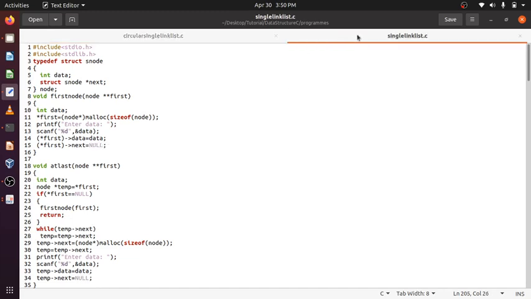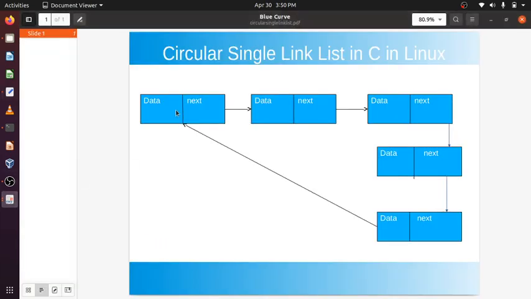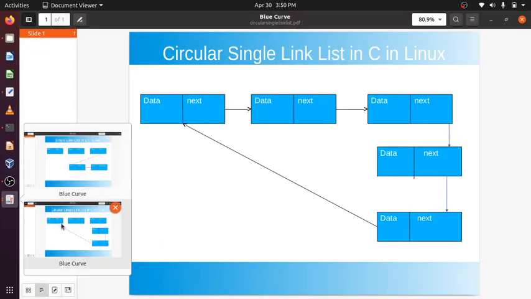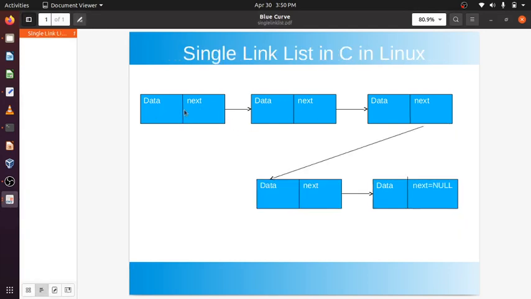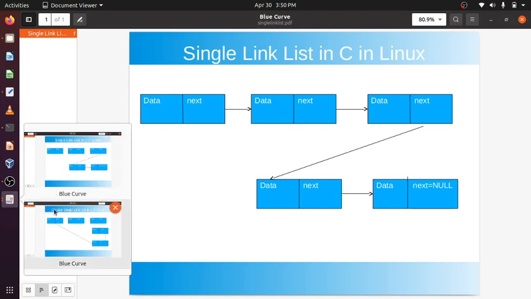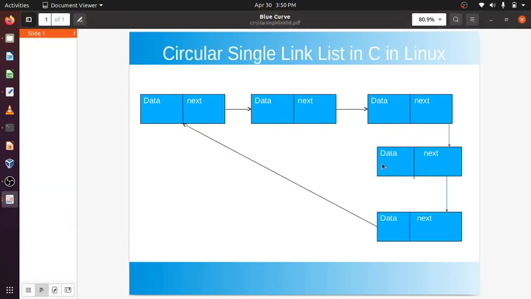In single linked list, when the first node is created, first data is data, then first next is null, because in a single linked list, if it is one node it will contain null, right? But in circular, if it is one node, the last element should point to first. The last element will point here to first.